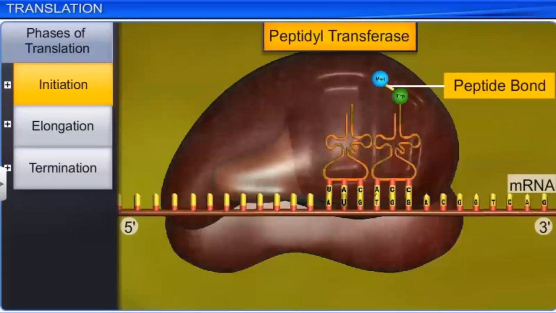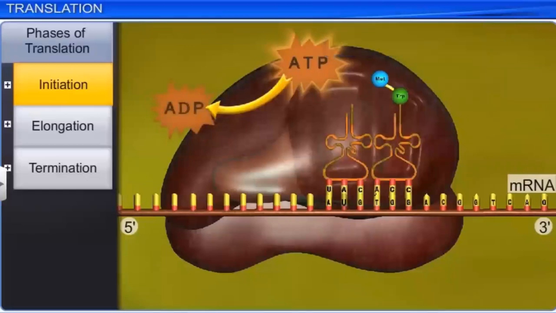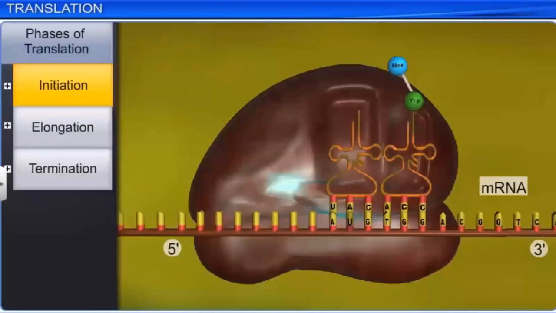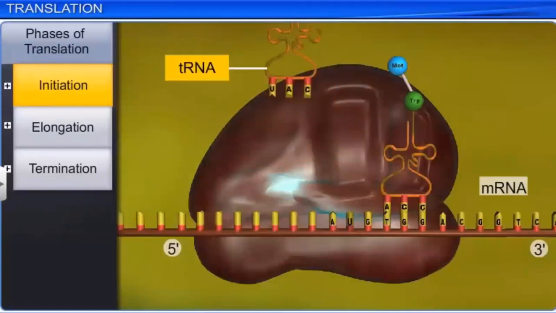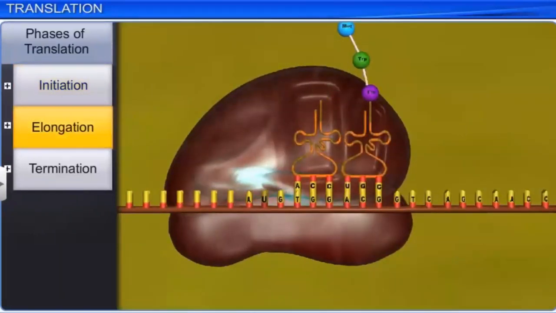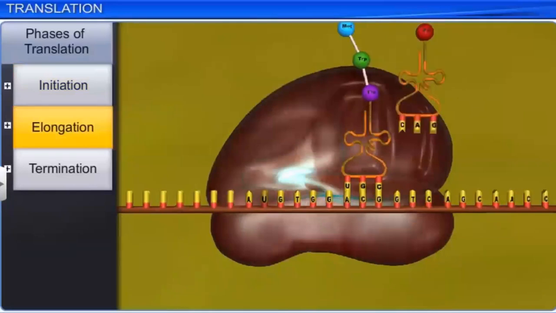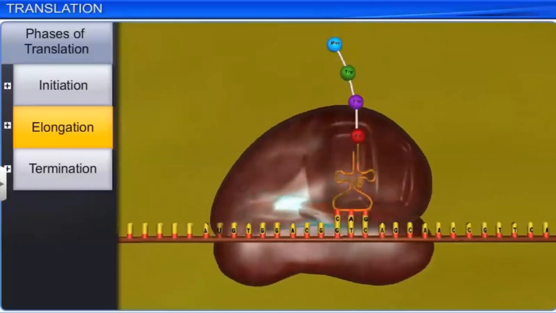The formation of this bond requires energy, obtained from two ATP. This is the diagram as I was telling you. Fine. Very clear. Simultaneously, the first peptidyl tRNA gets removed, leaving the amino acid. The next phase is elongation, in which the ribosome runs along the mRNA in the 5' to 3' direction, moving from codon to codon and adding subsequent amino acids to the growing polypeptide chain.